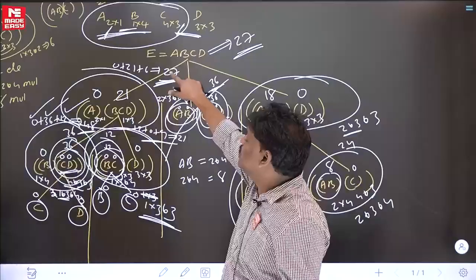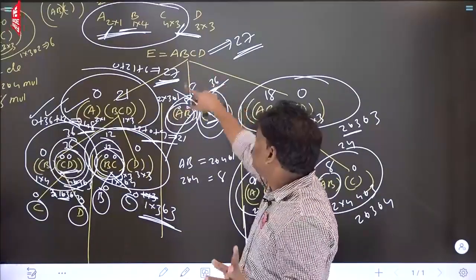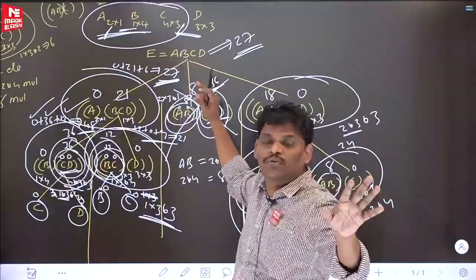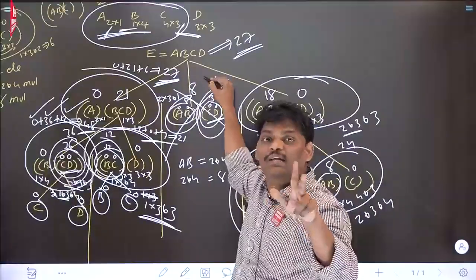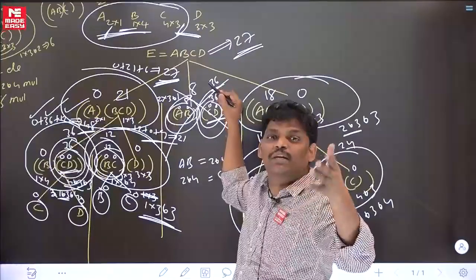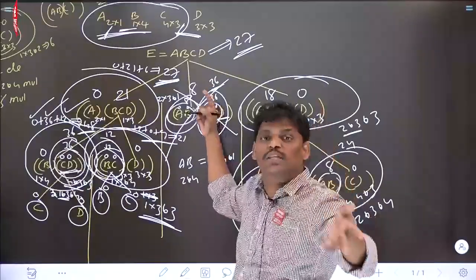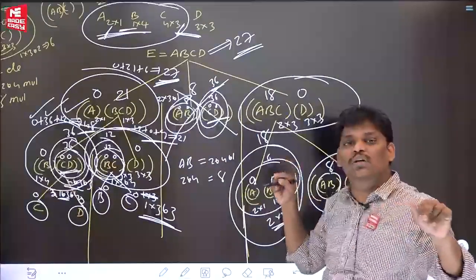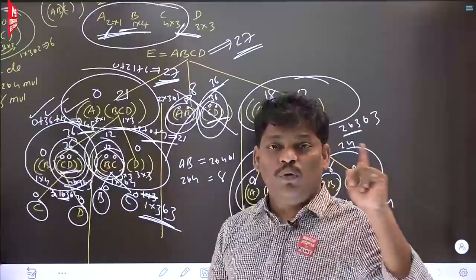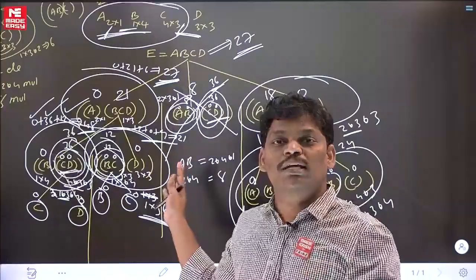If not available, in the option 27 is there, less than 27 also there, then do this. Assume that after doing the second one, I got the answer as 15. So first one 27, next 15. So what you will do is, in the option you check, 15 is there, less than 15 not there, stop. This will be the answer. Suppose 15 is there, less than 15 also there, then go to the third one. So worst case only, do the entire tree. In the best case, only the left-hand side is enough. Worst case, the total tree is needed. Right? Please be careful. Mostly this numerical example will come again.